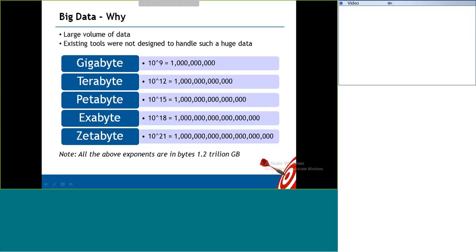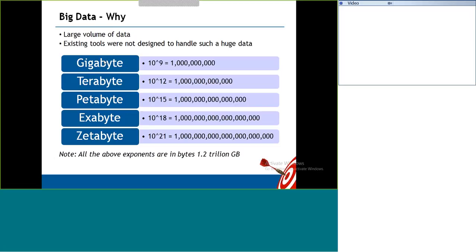So that's why the data is in different formats, like structured data, semi-structured data and unstructured data. So these are the measurements available to measure big data, and I have converted each of these measurements into bytes. A gigabyte is 10 to the power of 9 bytes, 1 terabyte is 10 to the power of 12, incrementing by 3 in the exponent. A petabyte is next, 1 into 1000, 10 to the power of 15 bytes. An exabyte is 10 to the power of 18 bytes, a zettabyte 10 to the power of 21 bytes. When you convert 1 zettabyte into gigabytes, it is equivalent to 1.24 trillion gigabytes.